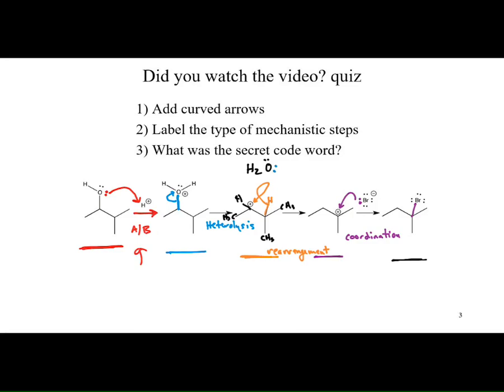Another thing that could come out of this is you look at it, well, each mechanistic or reaction step required one curved arrow. That's not true. Sometimes a reaction may involve a whole bunch of curved arrows. So you're usually in a 1 to 3 range when it comes to curved arrows. But this is now effectively what we're expecting you to do in the next section, is to be able to add curved arrows to show how reactions happened, and eventually what it will become by the end of this unit,